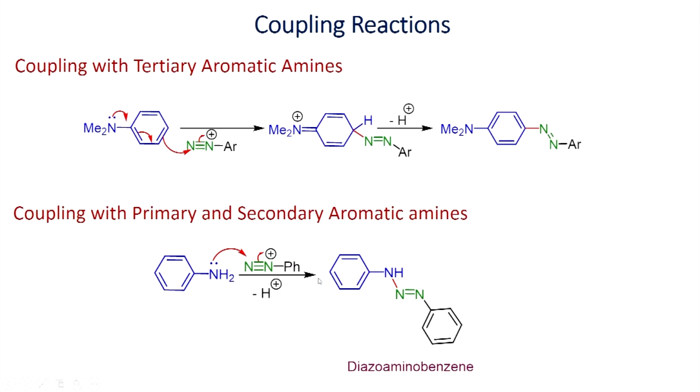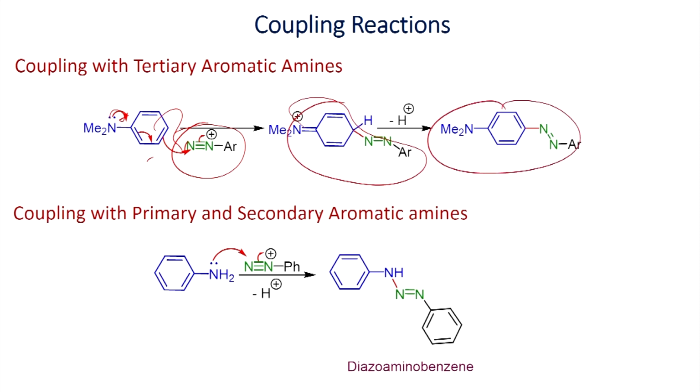The next example involves the coupling of dimethyl aniline with diazonium salt, and if you have the tertiary amine, it can undergo a reaction as we have seen here, and it can undergo reaction with the nitrogen. You will be able to get this compound. On the other hand, if you have the primary and secondary amine, they also can undergo reaction as we have seen, and you can get the addition product. Once you form this one, which can further undergo rearrangement to give